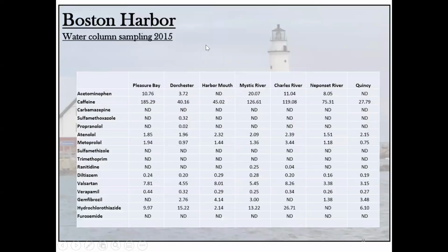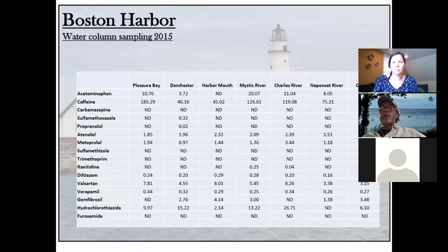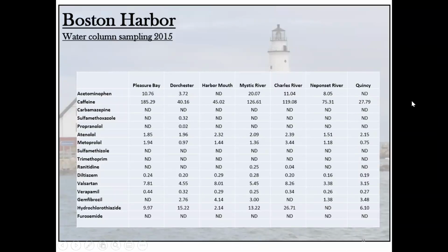Next slide. And then lastly, really close to home, here's some samples from places in Boston Harbor. And really what, I guess 2 things we'll take from this. One is that there's many non-detects, which is good news. And then some of the things we can find, again, are the antihypertensives. Look on the left column, about a third of the way down, atenolol and metoprolol. Those are both antihypertensives. And then second from the bottom,